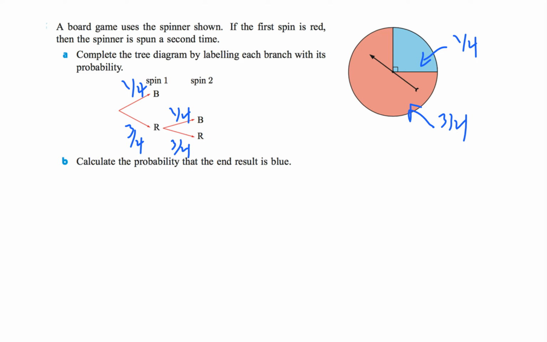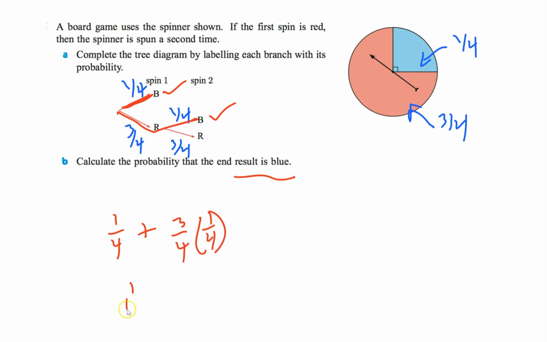Now look at the question. Calculate the probability that the end result is blue. So you just want to get blue any way you can get it. There's a blue right there, there's a blue right there. The way you get this blue, you just spin it: 1/4. The way you get this blue, it's red and then blue. So anytime it's a line, you multiply it: 3/4 and 1/4. Anytime you have multiple lines, you add them together. So you just get 1/4